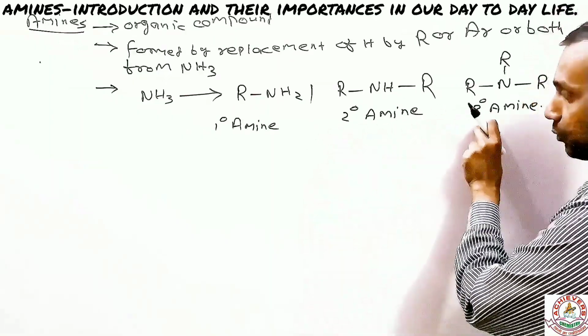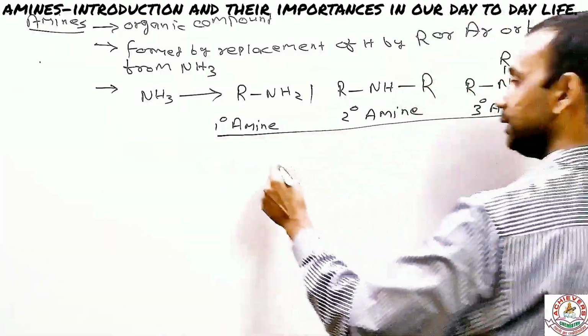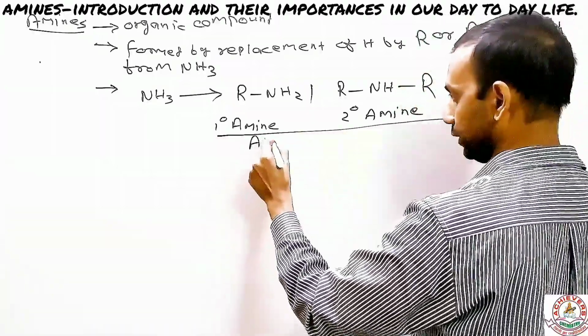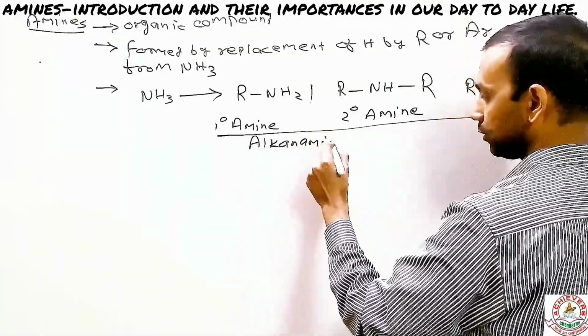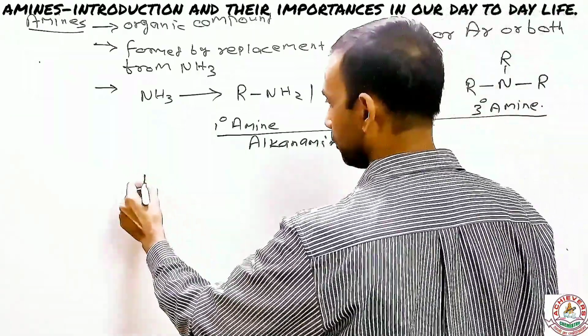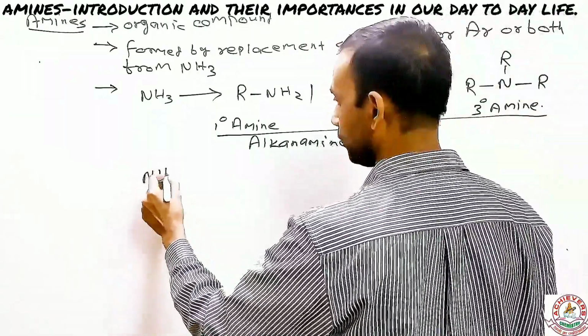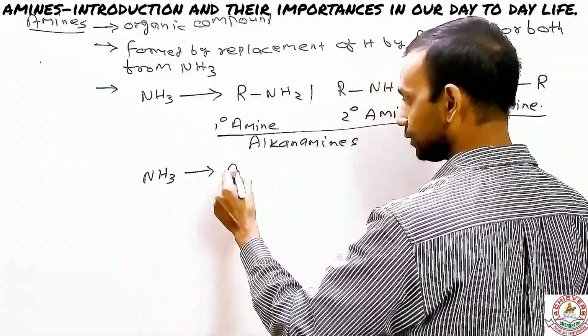But one thing is for sure, all these three are called alkanamines. Okay, now if ammonia has changes coming up like this,